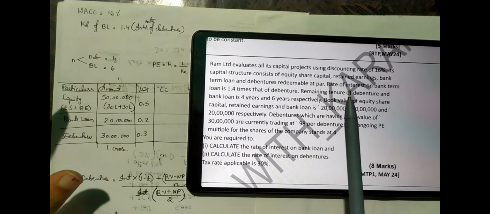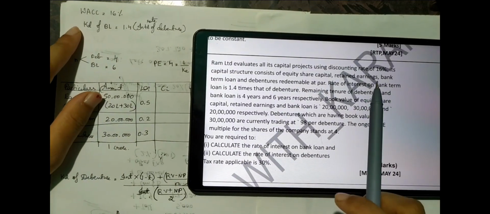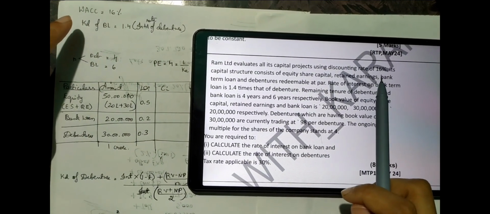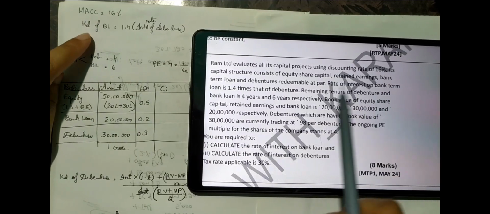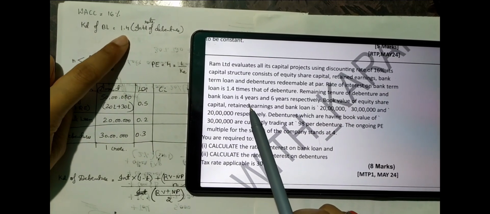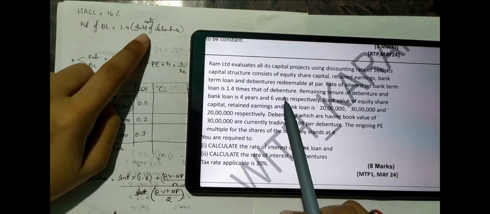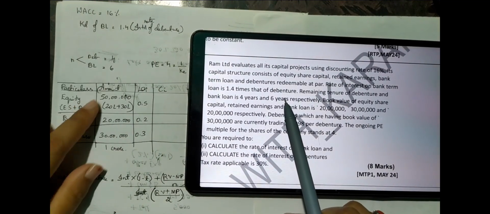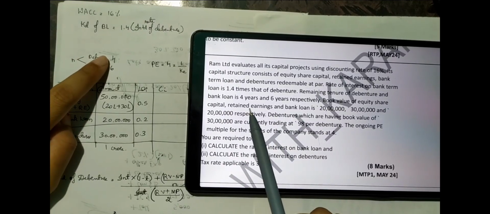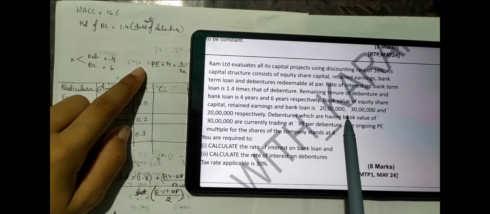So guys, in this question they have given all this information. WACC, they have given the weighted average cost of capital as 16%, and the rate of interest on bank term loan is 1.4 times that of debenture, that is interest rate of debenture into 1.4. Then they have given the remaining tenure of debentures and bank loan, that is 4 and 6, and then they have also given the book value